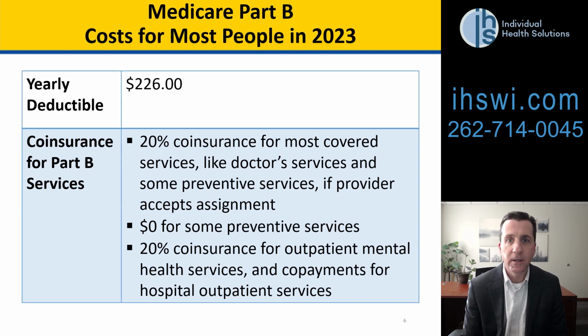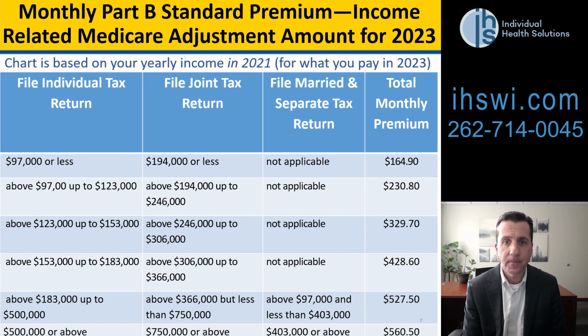For 2023, there are two different costs that are passed along to the Medicare recipient. There's a yearly deductible of $226, and then there's coinsurance in the amount of 20%. So for Part B, approved services by Medicare, Medicare pays 80%, and the Medicare recipient is responsible for 20%. And this 20% has no limit, has no out-of-pocket maximum. And this is a second reason why someone will have secondary coverage once they become eligible for Medicare.